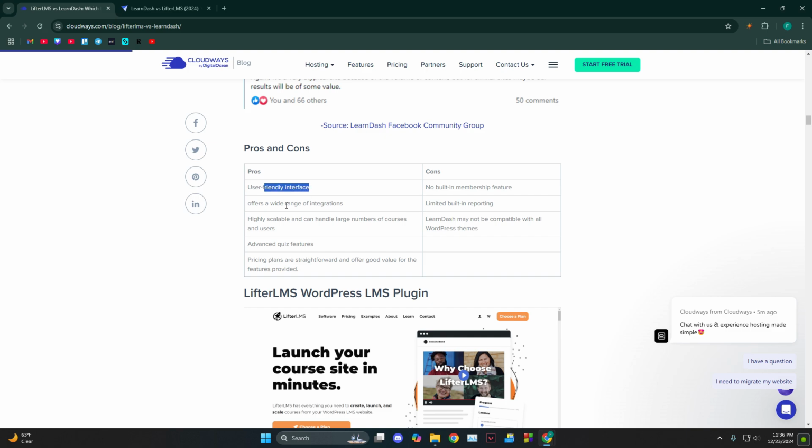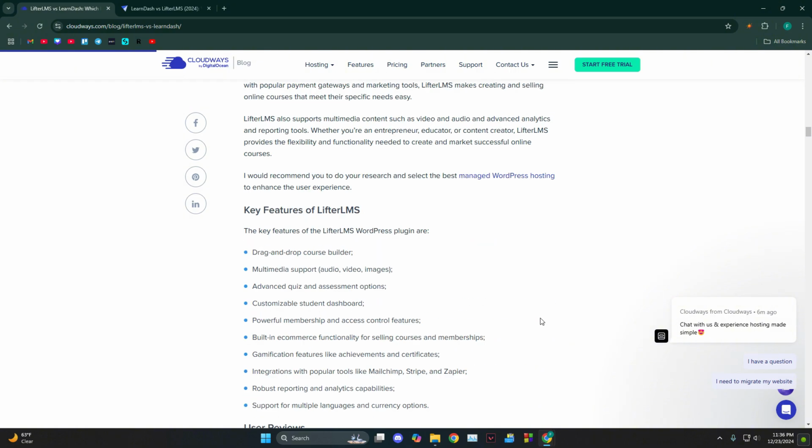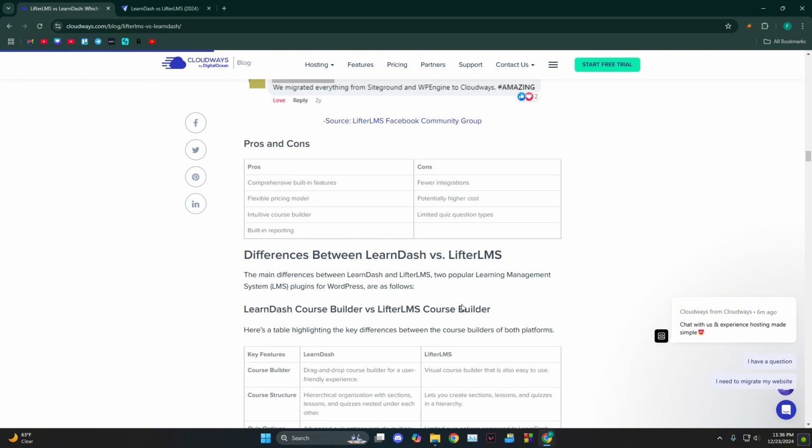for LearnDash, it's user friendly. It has a lot of integrations because it also offers third party, and it's highly scalable. You have advanced features. It also has good pricing plans. The cons is that there's no built-in membership feature. It has limited built-in features, and it may not be compatible with all WordPress themes. Now, it completely depends on you if you want to get all of the integrations of WordPress, which you will